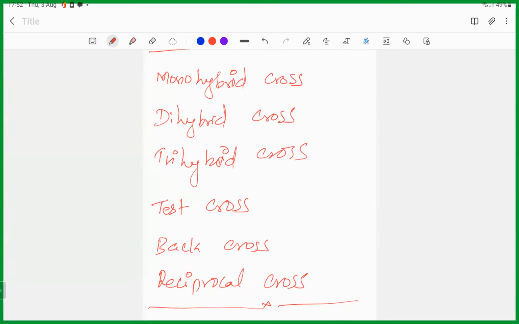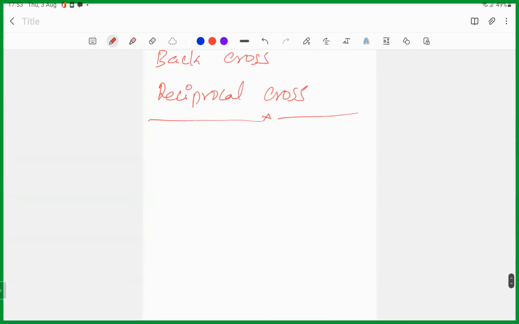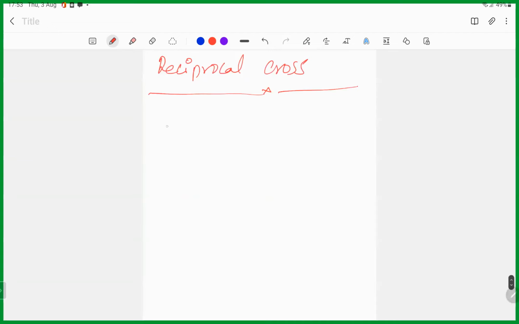Is it clear? Fine, good. Next. So you have to understand the terms, and then about Mendel, they will ask